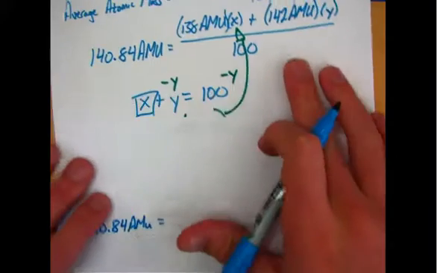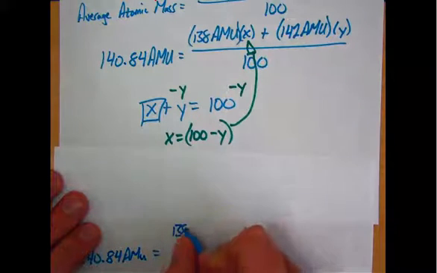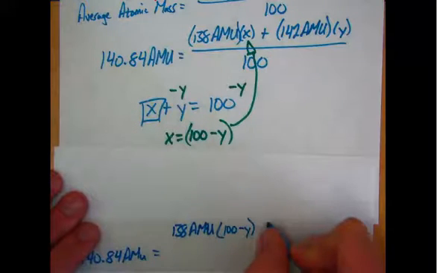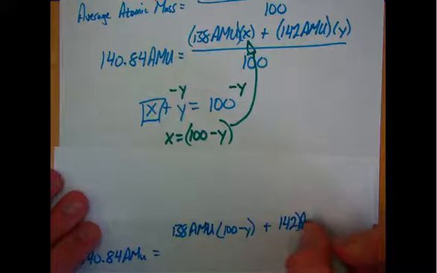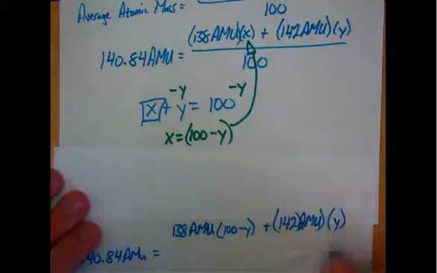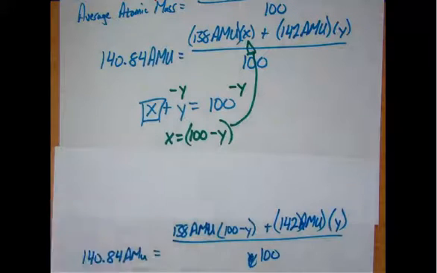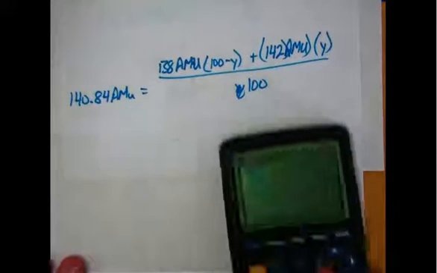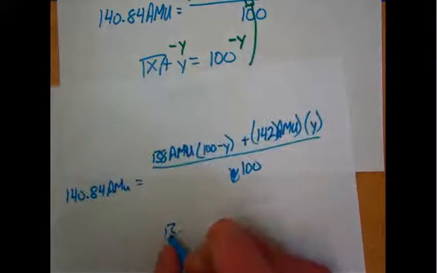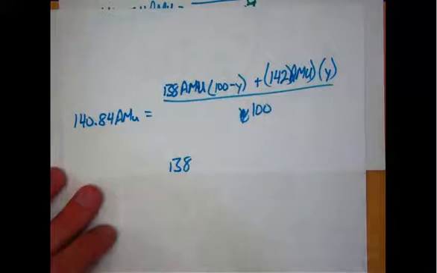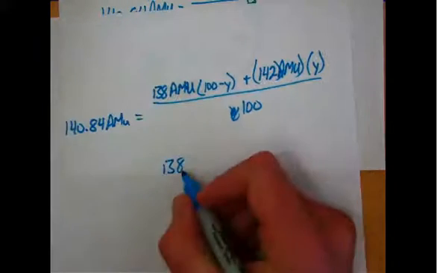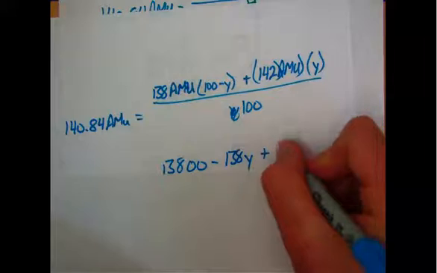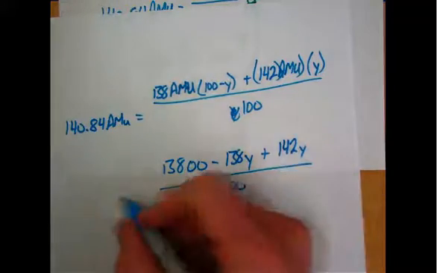140.84 equals our 138 AMU times 100 minus y plus 142 AMU times y. Now we've only got one variable to worry about, over 100. Now we're going to distribute the 138. So we're going to say 138 times 100 will be 13800, and now I'm going to start to drop off the units just for the cleanliness of the problem. So 13800 minus 138y plus 142y over 100 equals